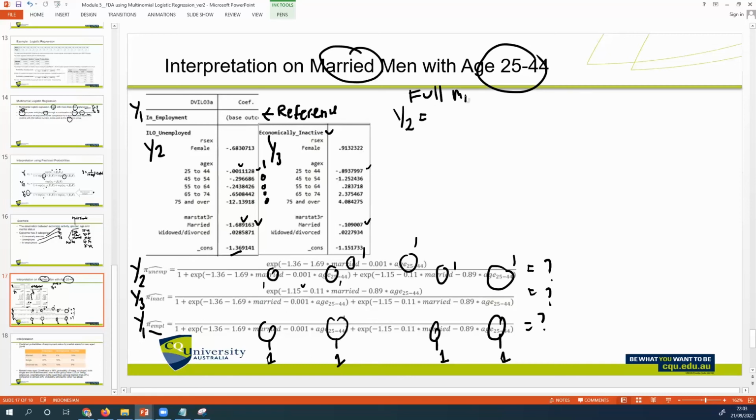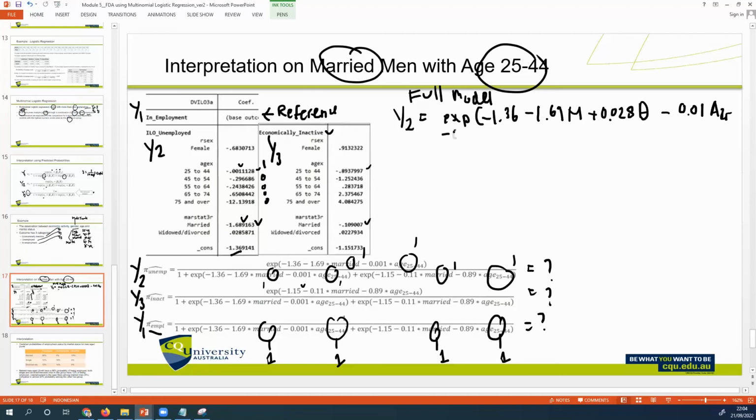So it will be exponential of minus 1.36 minus 1.69 merit plus 0.028 divorce, minus 0.01 age 25 to 40,